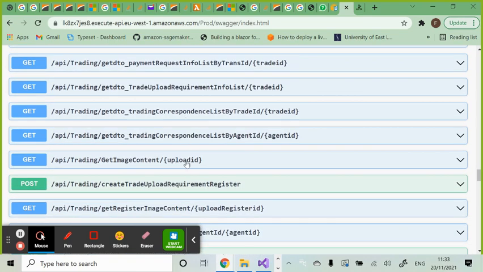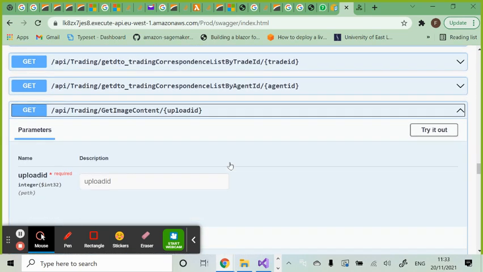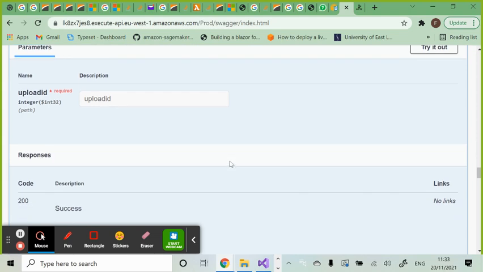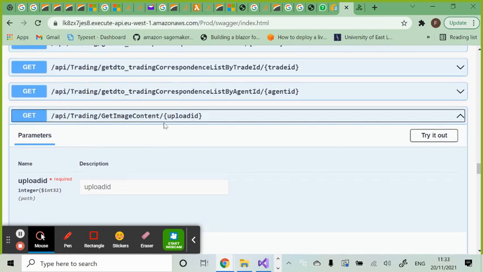Okay, I think it's this one. I think probably you have the wrong one. This is the one you're supposed to use. Is it this one you used? You pass in the ID that came with the